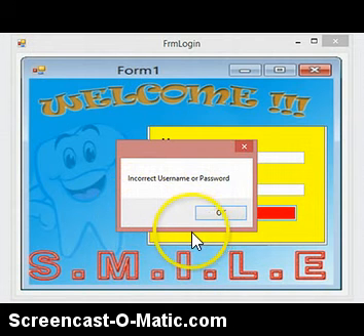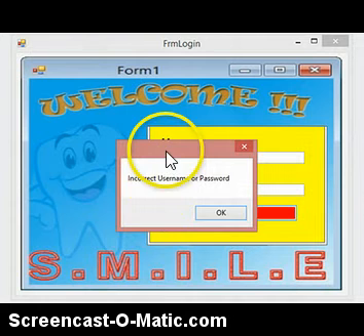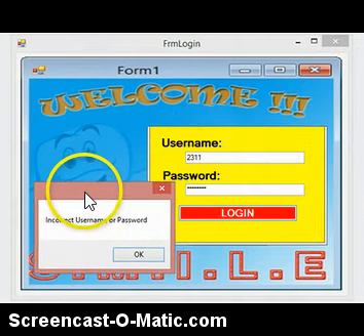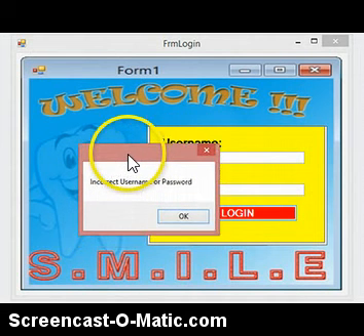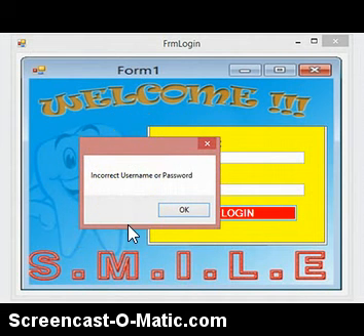So this is what I am talking about. If you put the wrong password or username, a message box will appear, telling you that you have entered an incorrect username and password.